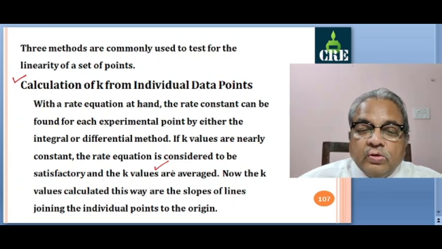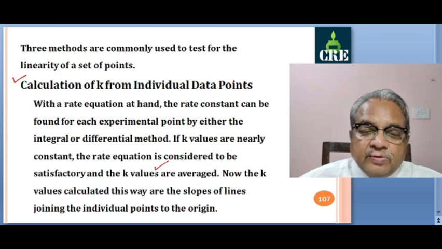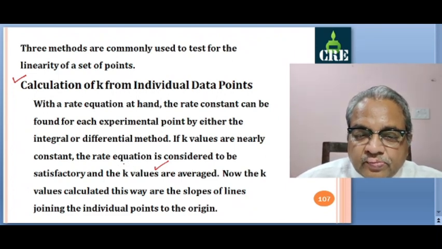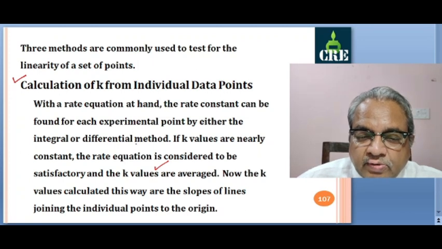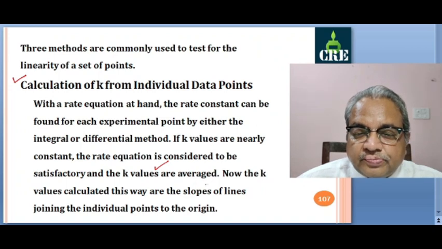So where you have your straight line passing through some number of data points, some points may lie on the right hand side, some points on the left hand side of that particular straight line, representing plus minus error. So you have to place your scale properly to draw the best fit line, and you will get one slope, means one value of k. That is nothing but the averaged value. So you can find out all values of k, and if that k value is almost constant, a lot of variation is not there, then it is accepted.